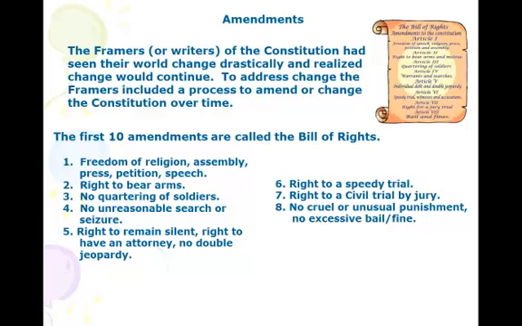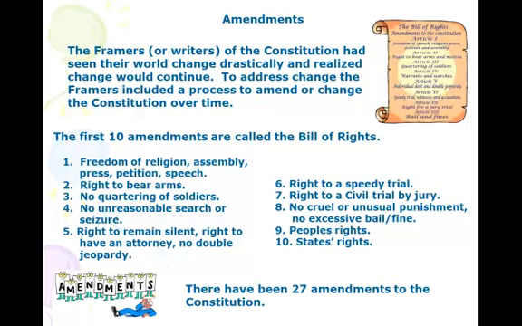The Ninth Amendment guarantees that any rights that are not given to the state or the federal government belong to the people. And the 10th Amendment guarantees that any rights that are not specifically given to the federal government or the people belong to the states. Since the original first 10 amendments, there have only been 17 additional amendments added to the Constitution for a total of 27 amendments. In over 200 years, few changes have been made to our original Constitution.